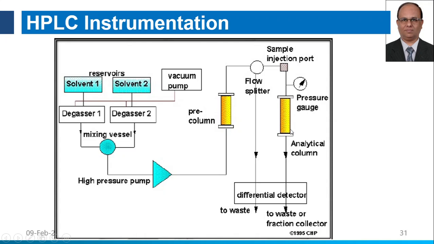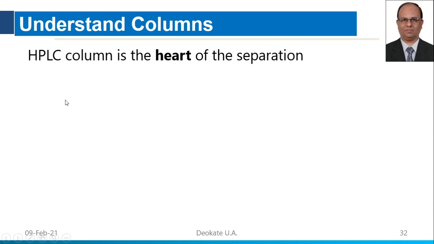We have studied, we are studying now various types of column in this presentation. Then after separation, the eluate will reach the detector where we already have the solvent as a reference and the sample is coming to the detector, that is flow cell, where we can measure their absorbance and we can quantitatively determine the samples. So up in the last lectures, we have studied the solvent reservoirs. Then we have studied the pumps which are used, vacuum system, degassing. Now we will start with the next part, that is the columns.